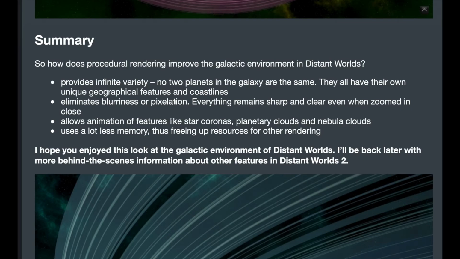Summary. So how does procedural rendering improve the galactic environment in Distant Worlds 2? Well, it provides infinite variety. No two planets in the galaxy are the same. They all have their own unique geographical features and coastlines. It eliminates blurriness and pixelation. Everything remains sharp and clear even when zoomed in close. It allows animation features like star coronas, planetary clouds, nebula clouds. It uses a lot less memory, thus freeing up resources for other rendering. It's going to be really good for people who don't have a lot of RAM or a lot of